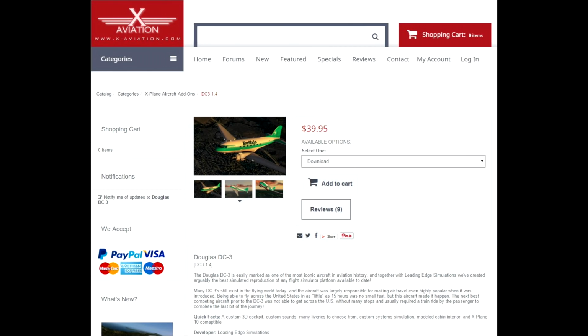Anyway, $39.95. I love this aircraft. I bought this aircraft because I do like the DC3, and I had it in the other sim as well. So there we go, guys. The Aviation DC3. I think it's a beautiful aircraft. It's fabulous to fly. Although you've got to be a bit wary, especially with those engines. You fly at full throttle for any length of time and you're going to burn those engines out. It's a lovely aircraft. Okay, it's a little bit expensive, $39, but if you can afford it, then, you know,